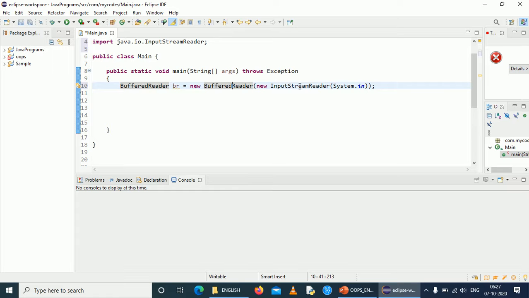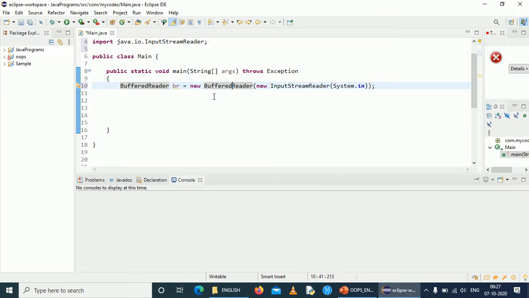The main difference between input stream reader and buffered reader is input stream reader can read one character at a time, but buffered reader can read bulk of data and store it in a buffer. So whenever we give a read request, input stream reader will again and again hit on the system.in and read the data, but buffered reader will have a buffer to store the entire value at once, and whenever we give a read request, it will check the buffer whether the unread value is there or not.